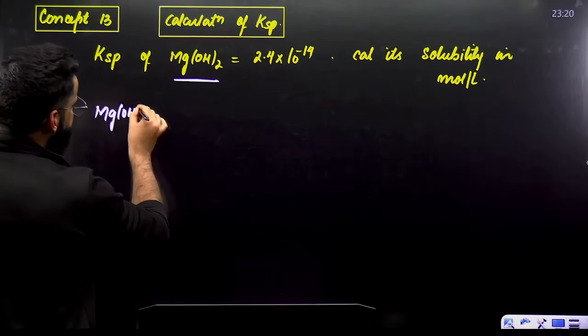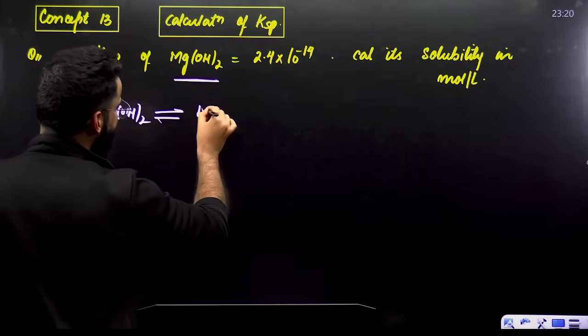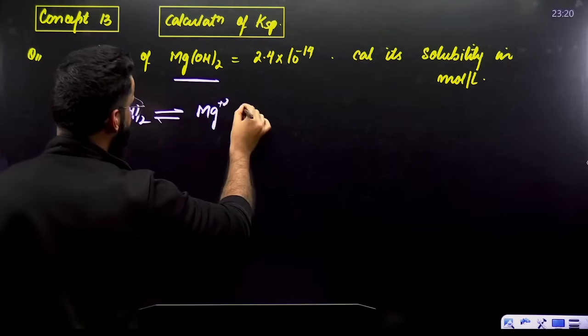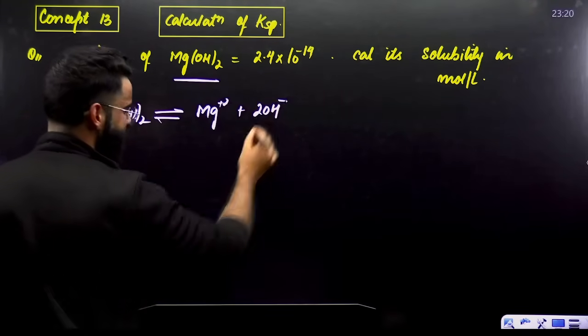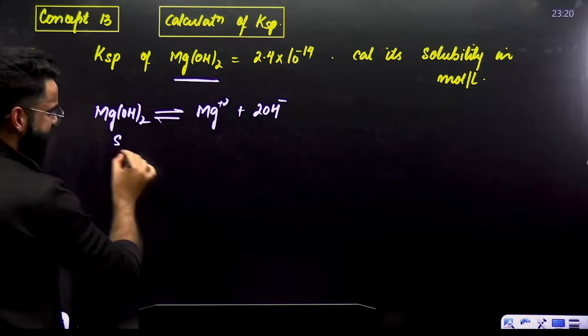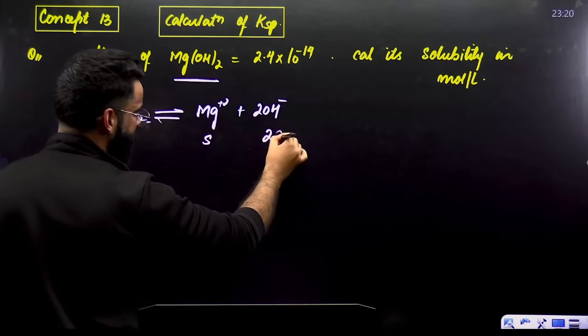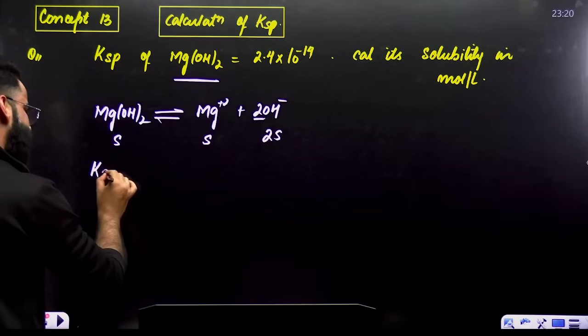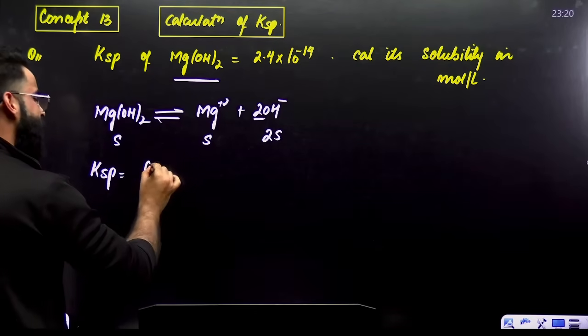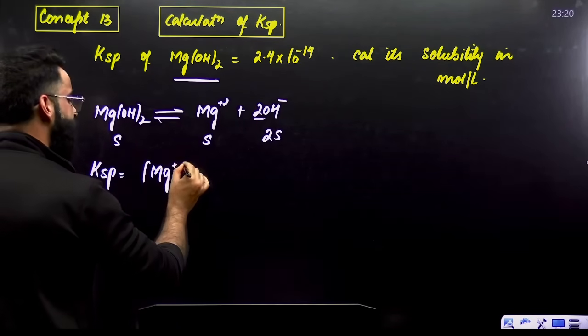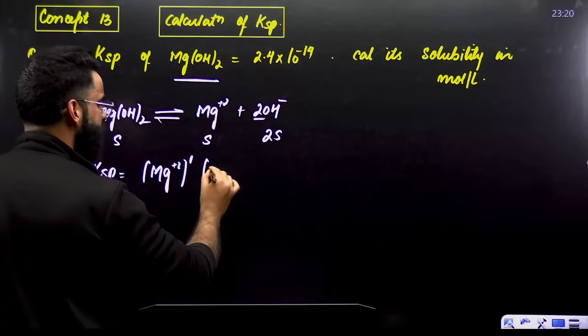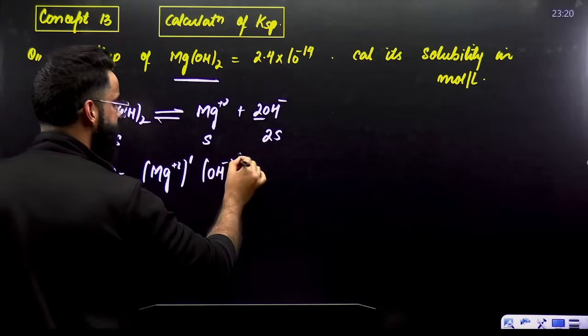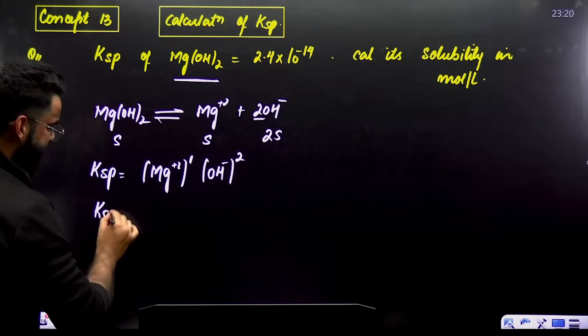Now, how does Mg(OH)2 undergo dissociation? It dissociates as Mg2+ aqueous plus 2 times OH- aqueous. Now, remember, if the solubility of this is S, this will also be S, this will be 2 times S, because the stoichiometric coefficient is 2. Now, how do we write the expression for KSP? The KSP expression is the concentration of Mg2+ raised to its stoichiometric coefficient, times the concentration of OH- raised to its stoichiometric coefficient. So I would say KSP is equal to